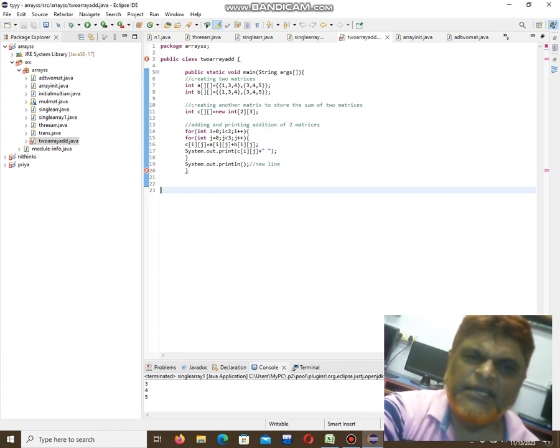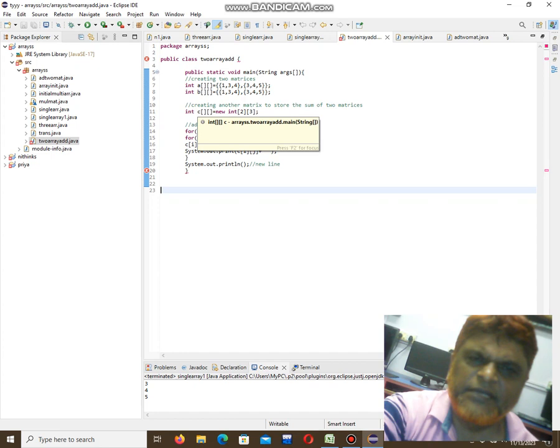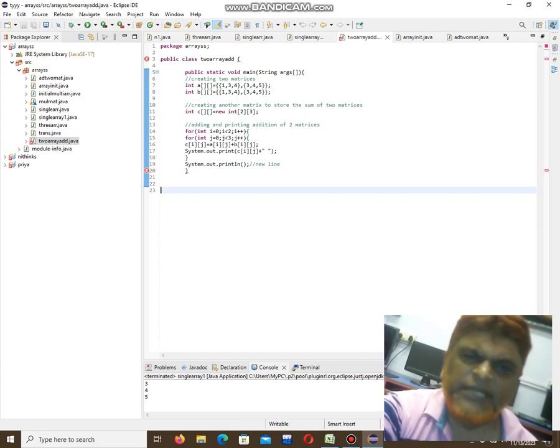And here I am declaring and showing the values of A matrix and B matrix, and here I am creating a new matrix, the C variable. For this I am using a for loop, for showing the addition of the two matrices. Using which matrix? C matrix. Now here, in this for loop,